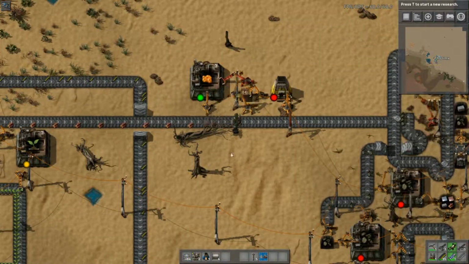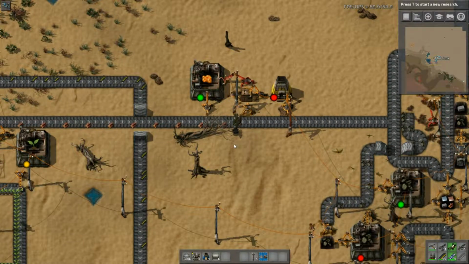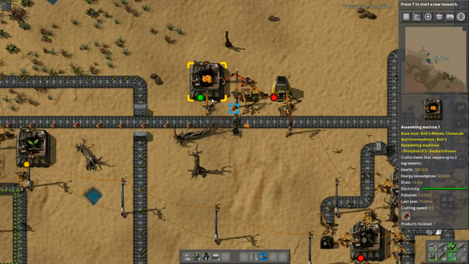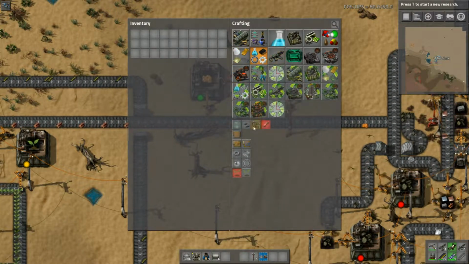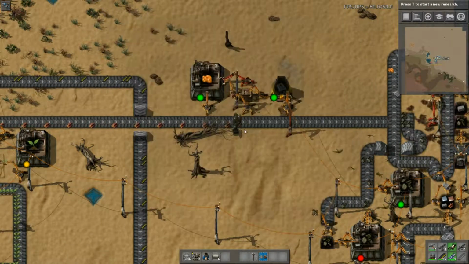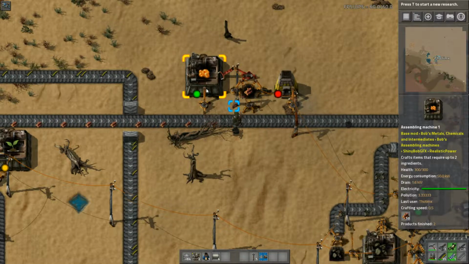This bit here is a little bit over-engineered, but it's going to work for what I want. We need resin for rubber and for something else related to electronics. I'm not remembering exactly what at the moment. Yeah, there it is, solder. We need the resin to make the solder from solder plate. So